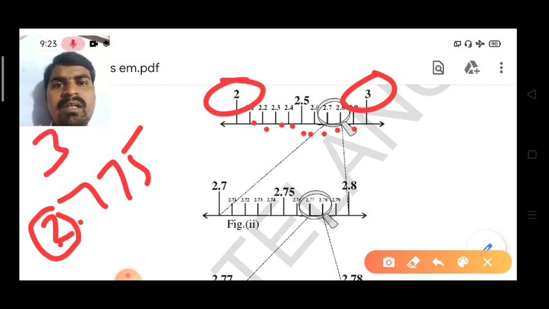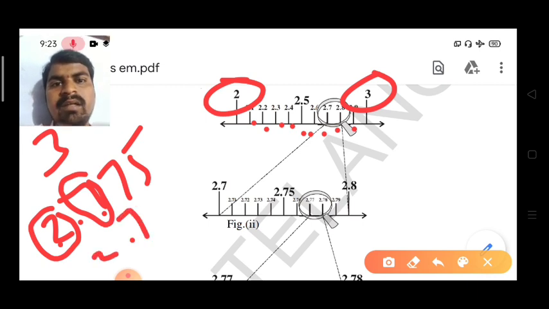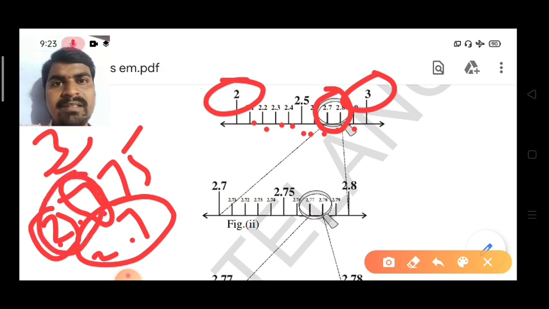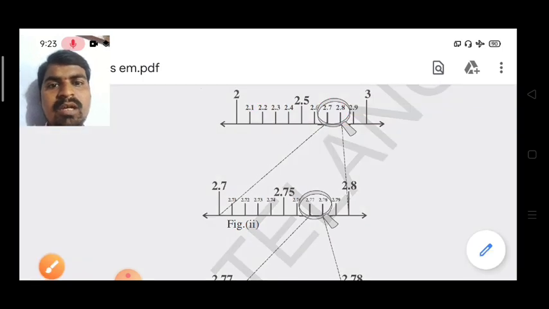After that you go to the tenths place, not tens, the tenths place after the decimal point, the first digit. What is the first digit? 7, so 2.7. So you select two points on the number line, which are 2.7 and 2.8. How to select? Just concentrate on the tenths place. The tenths place has 7, so it means 2.7. So 2.7 and next to it 2.8 you have to select. This is the first step. We have to complete it.